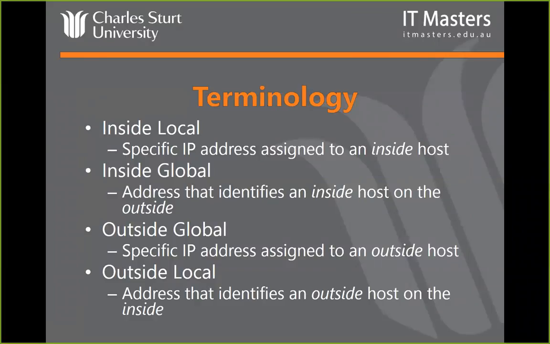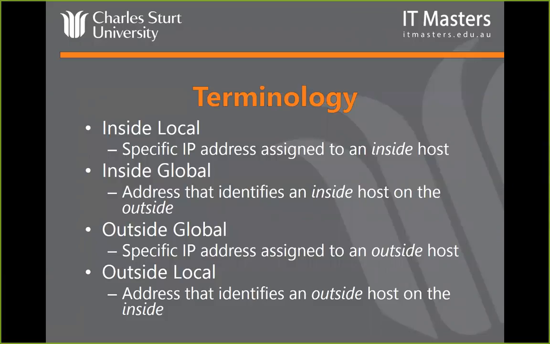It's not always about enterprise and internet. So getting back to this. Inside local in that case is the specific IP address that is assigned directly to an inside host, a host that you're trying to protect. So in normal sequence of events, that would be the private IP address of an internal host. The inside global address is the address that identifies that same inside host to the outside world, or whatever the outside is, whether that's a DMZ, the internet, another subnet, whatever the case. So that's effectively the NAT address.